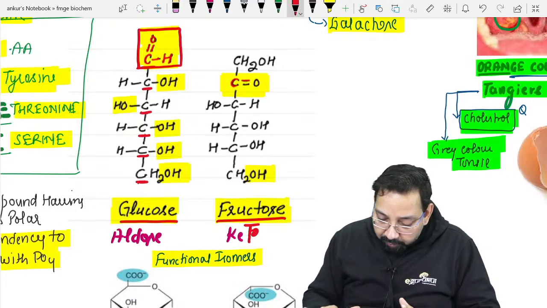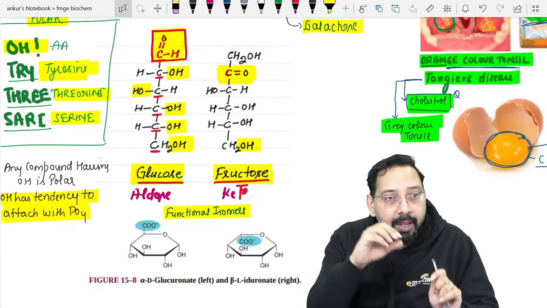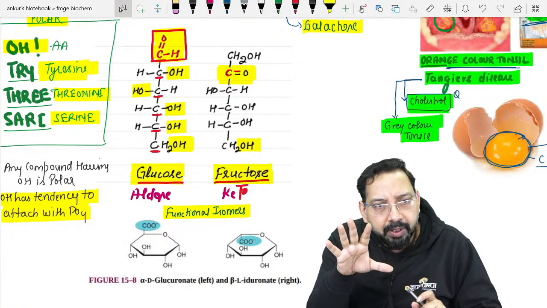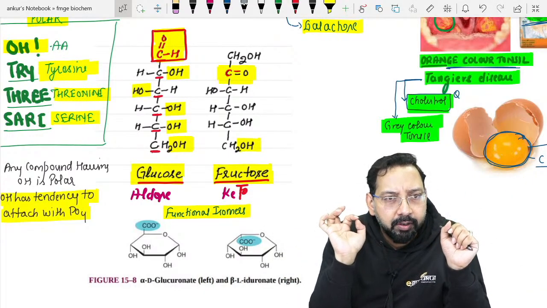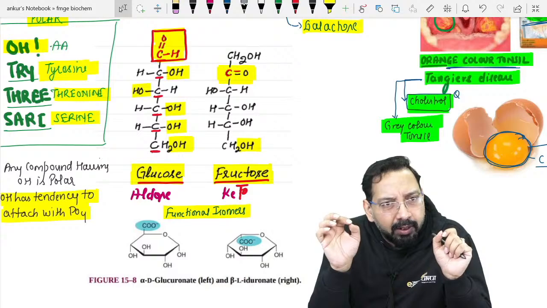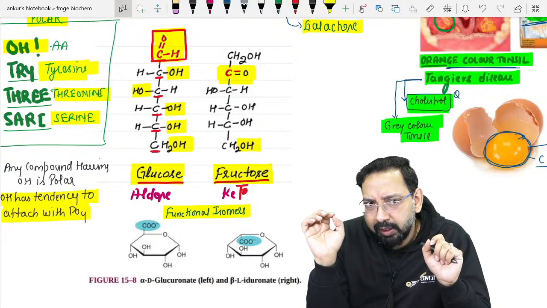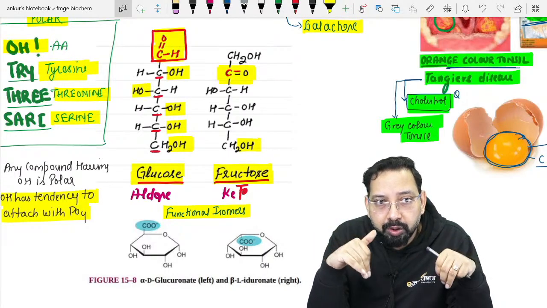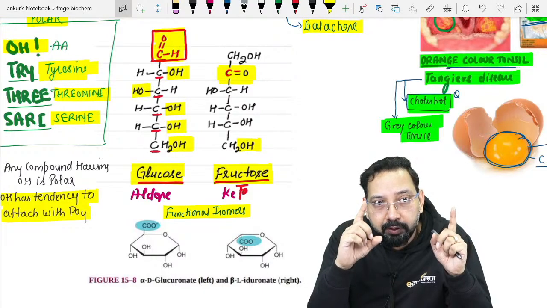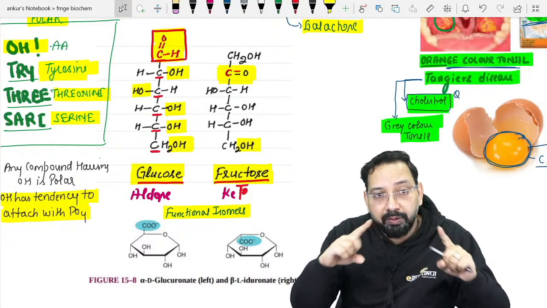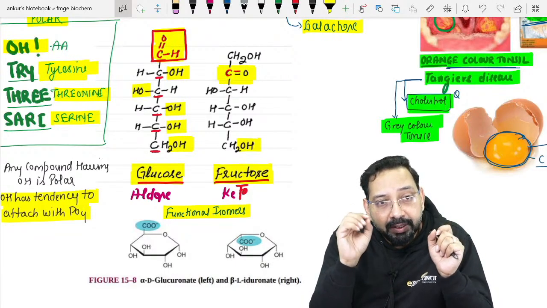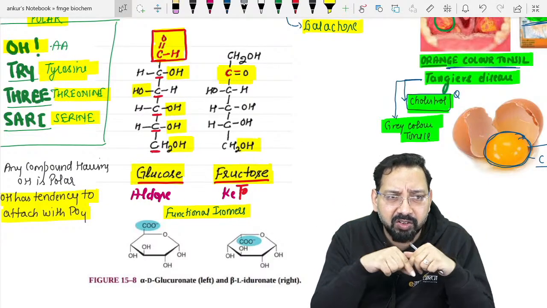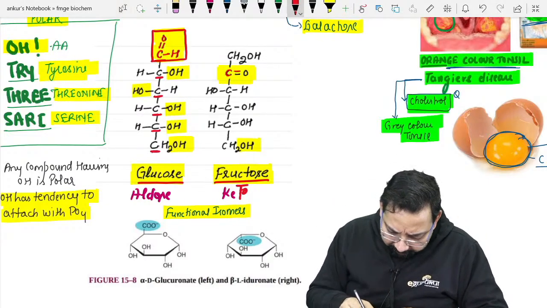I will ask a question. For the time being, any carbohydrate which is having 5 or more than 5 carbons acquires a cyclical structure. You will see DNA and RNA. When I discuss DNA and RNA, at that time I will tell you about the pentose sugar, ribose sugar, deoxyribose sugar, and whenever you have read, pentose sugar is always written in a cycle form. It means any carbohydrate having 5 or more than 5 carbons acquires a cyclic structure. Clear? So glucose acquires a cyclic structure,